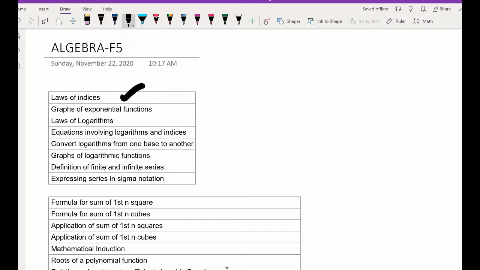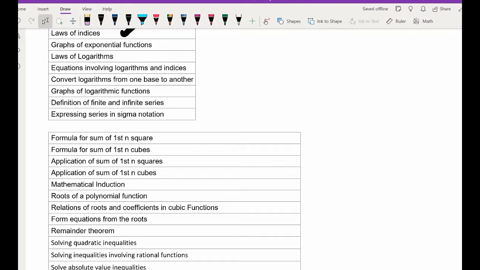Then you're going to derive formulas for sum of first n squares, sum of first n cubes, application of sum of first n squares, application of sum of first n cubes, mathematical induction, rules of polynomial functions, relations of roots and coefficients in cubic functions, form equation from the roots, remainder theorems, solving quadratic inequalities,